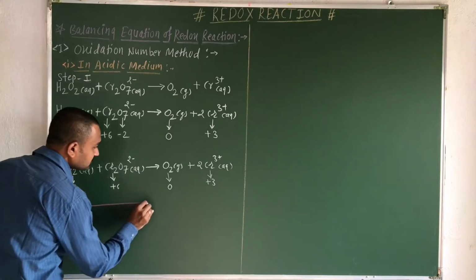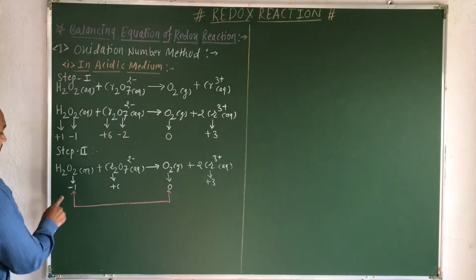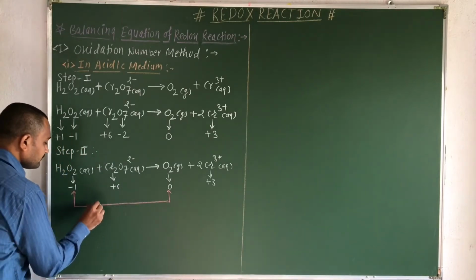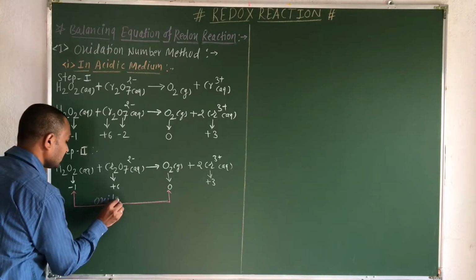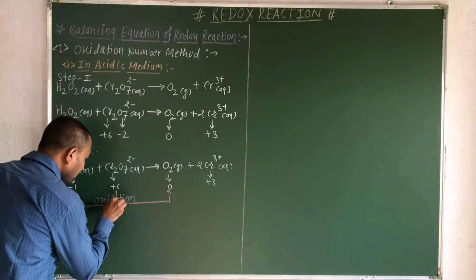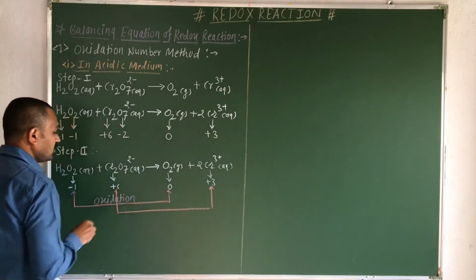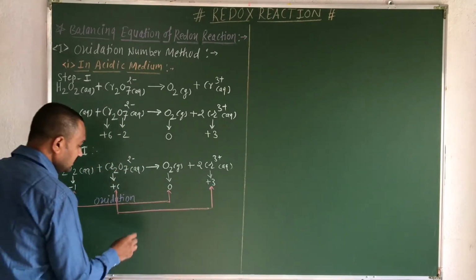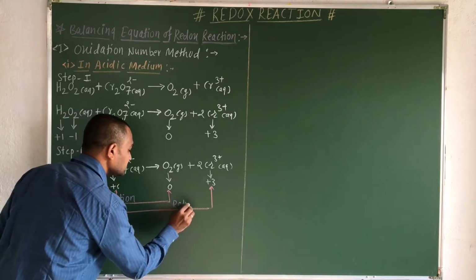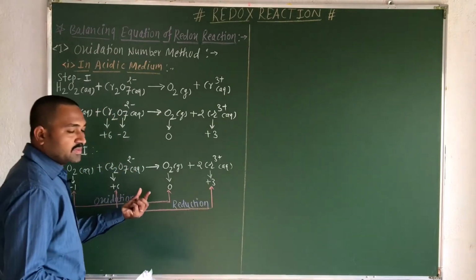So we can note down this process by using this square bracket one. So in this reaction, as there is increase in the oxidation number from minus 1 to 0, therefore this will be your oxidation process. Okay, this is nothing but your oxidation reaction one. Now here from plus 6 to plus 3. Okay, so obviously here there will be the decrease in oxidation number by gain of electron. So this reaction will be your reduction reaction. That's it. Okay, so this is our step number second one.